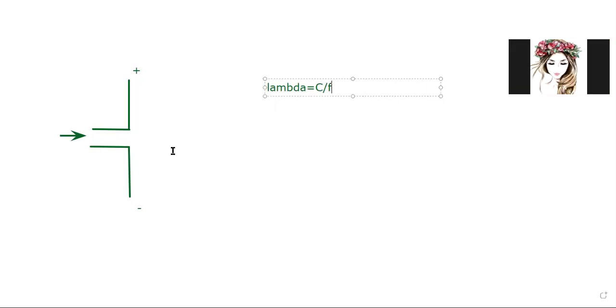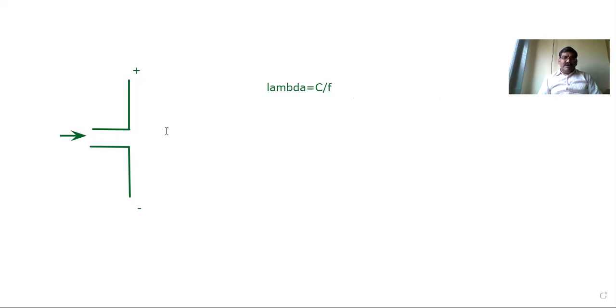Now, if I give you two examples, here I will have this example. This is one dipole, and this is another dipole. I'm just giving the example. Suppose I say these are dipole antennas. This one is antenna A, and this is my antenna B. Now physical dimension of antenna A is shorter than antenna B.